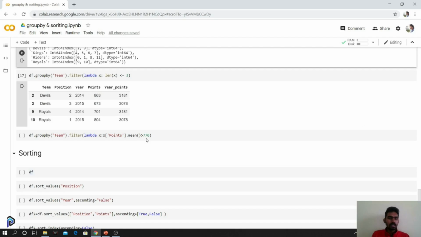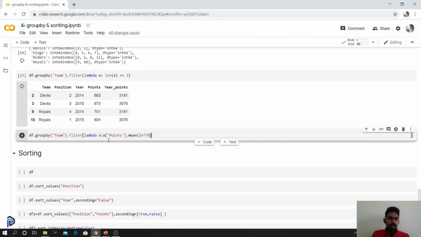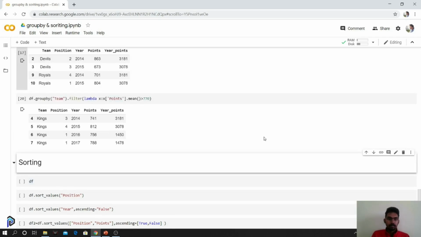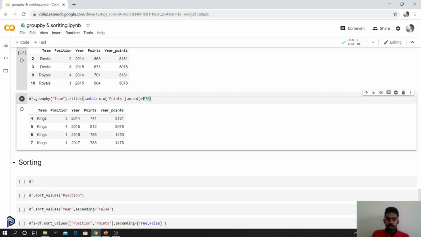You can also set conditions on the points, so I'm choosing the points column. If the mean of the points is greater than 770, I'm choosing those groups alone. First I group the teams, then I choose the value, so only the teams with average points more than 770. Let's check less than 770.